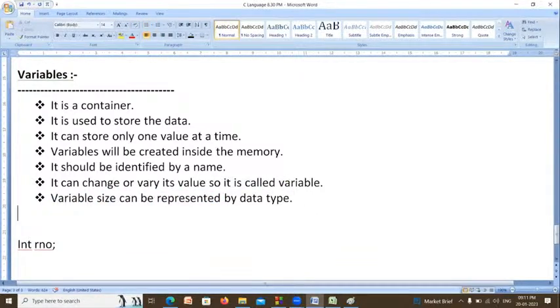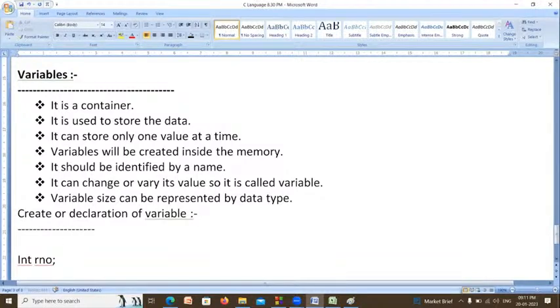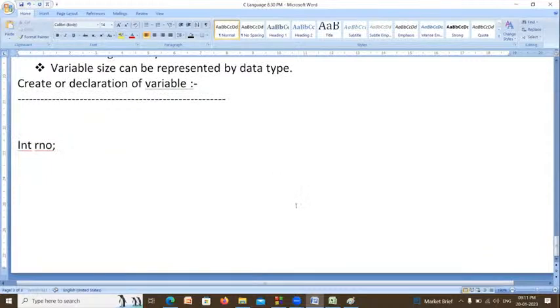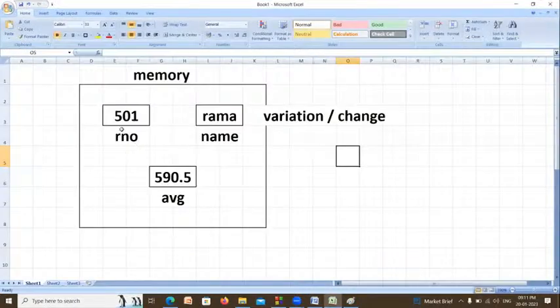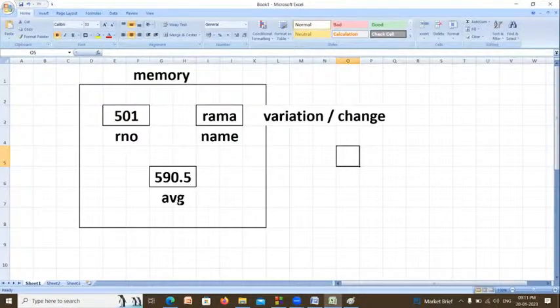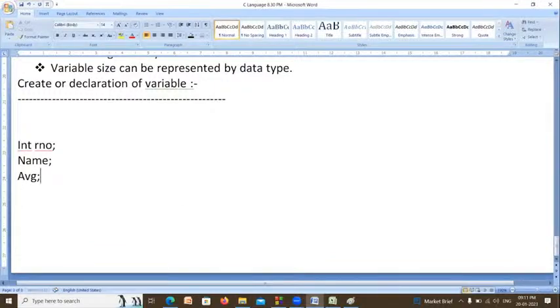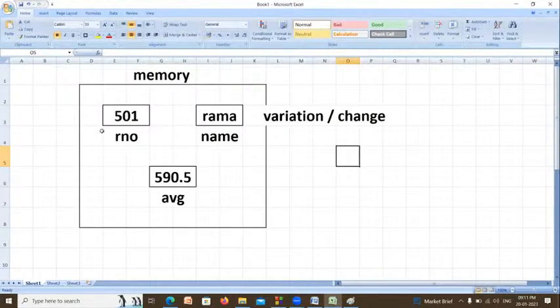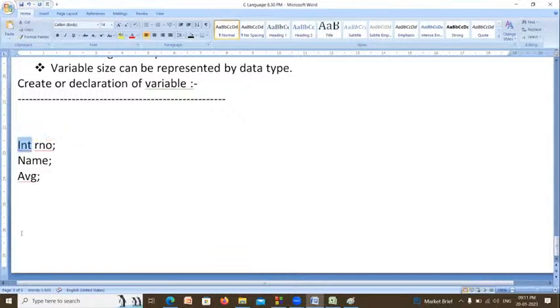Now the next one is how to create the variables. Create, or it is also called declaration of variable. How to create a variable or how to declare a variable. See this example, I created 3 variables: roll number, name, and average, AVG. The first variable contains a number, so I mentioned integer here.